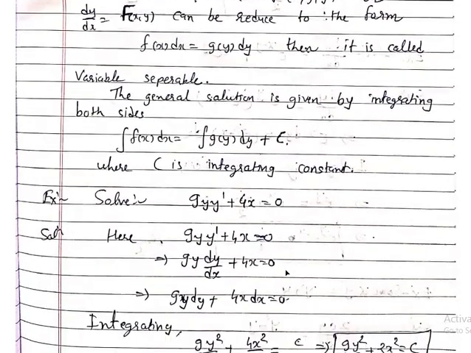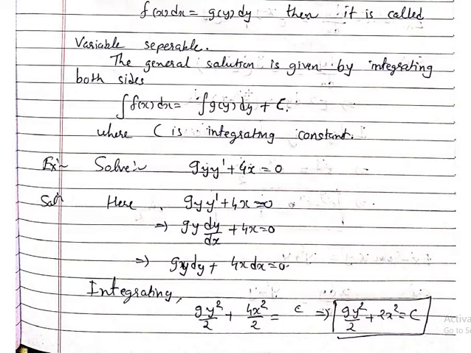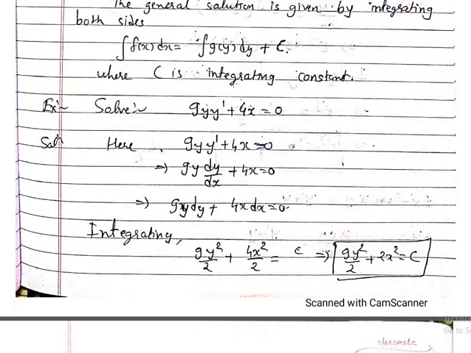So integrating both sides, what we have is integration f(x) dx is equal to integration g(y) dy plus c. Now here c is your integrating constant, correct? And you have terms of x with dx and terms of y with dy, that means your function is directly integrable. Secondly, if it is not directly integrable, then we are going to reduce it into the form of standard integration and then we are going to integrate it.